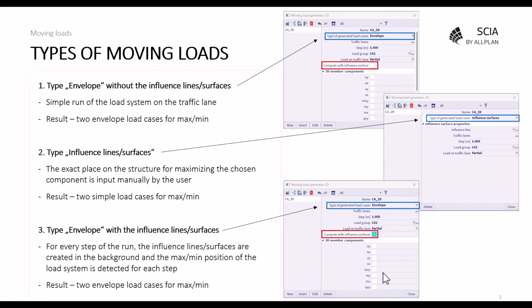The important thing is that in this resulting envelope load case for maximum and minimum, for example, if we choose that we want to maximize moment mx, we also have the corresponding internal forces. Not the maximal internal forces in each node, but for each node we have the maximum mx and then the corresponding internal forces. So I think that's enough for the introduction, and let's